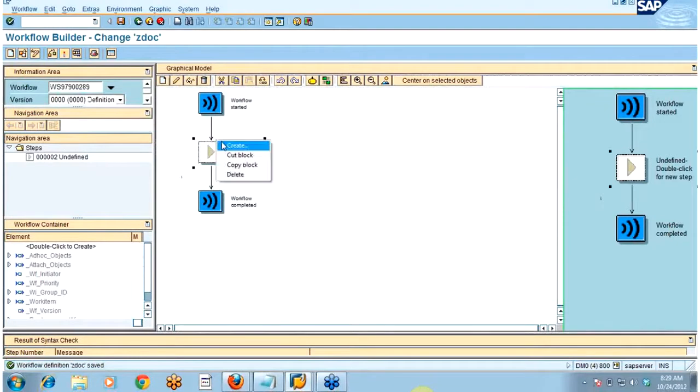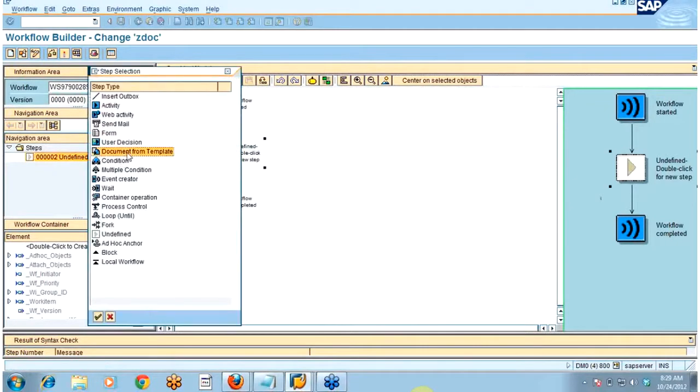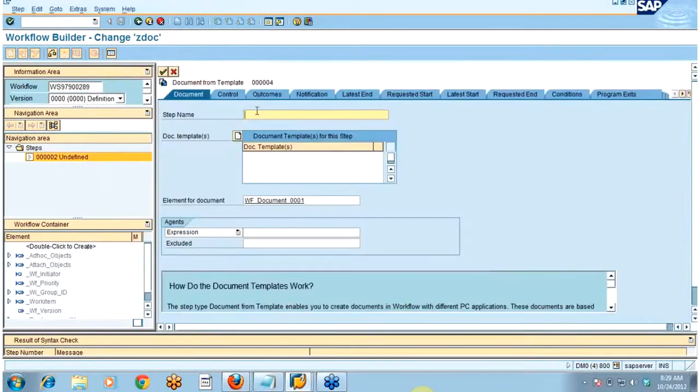Now I will right click on it and choose this document from template step. In step name, I'm just writing this; anything you can give. Now in document template, we have one create button. Just click on that create button.